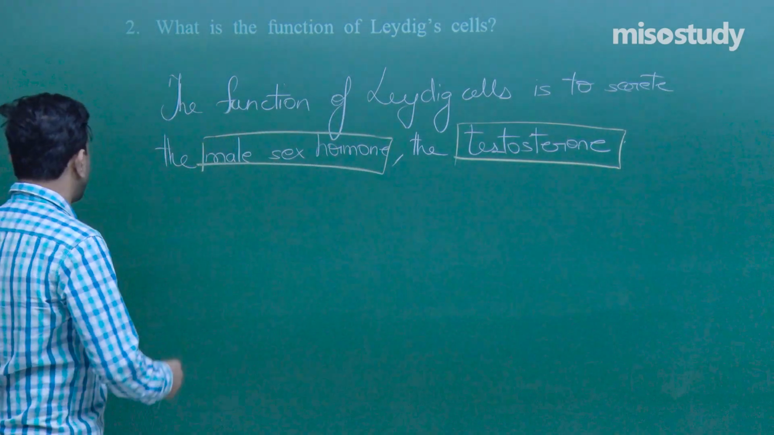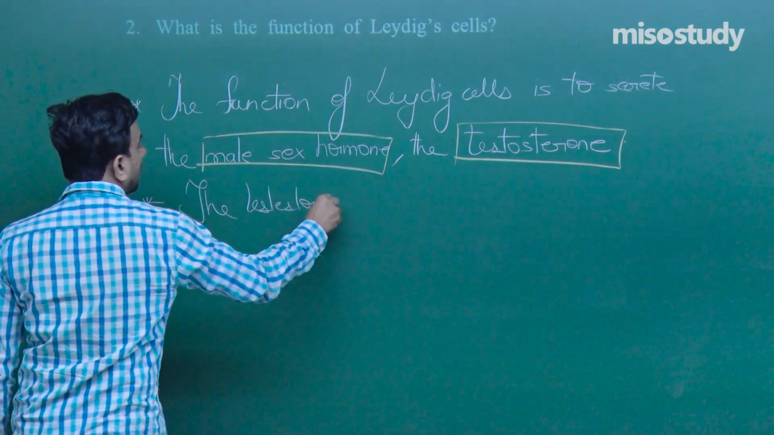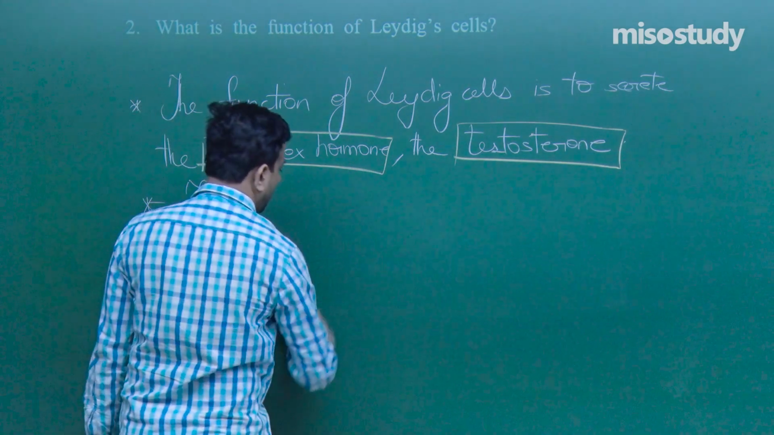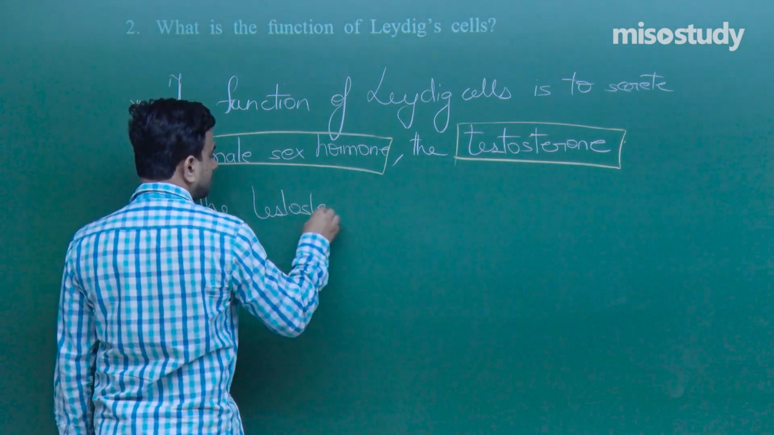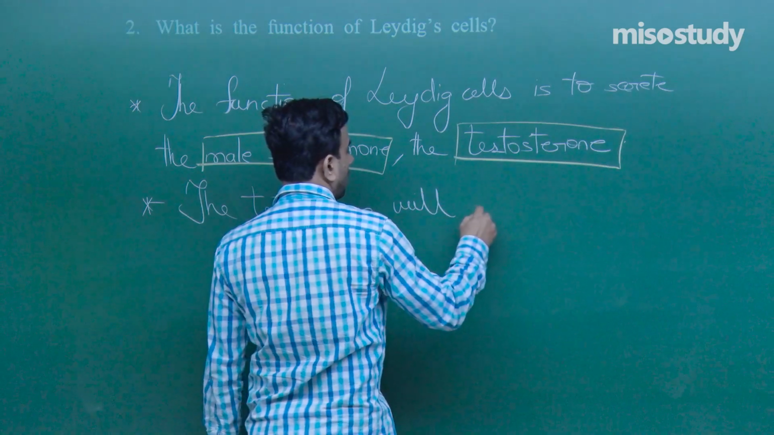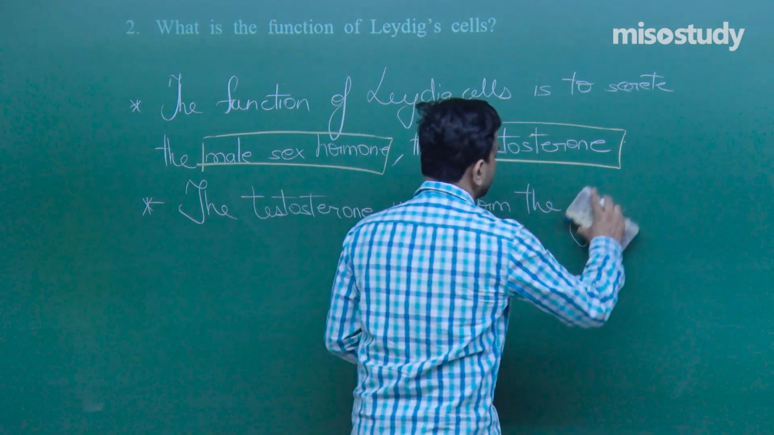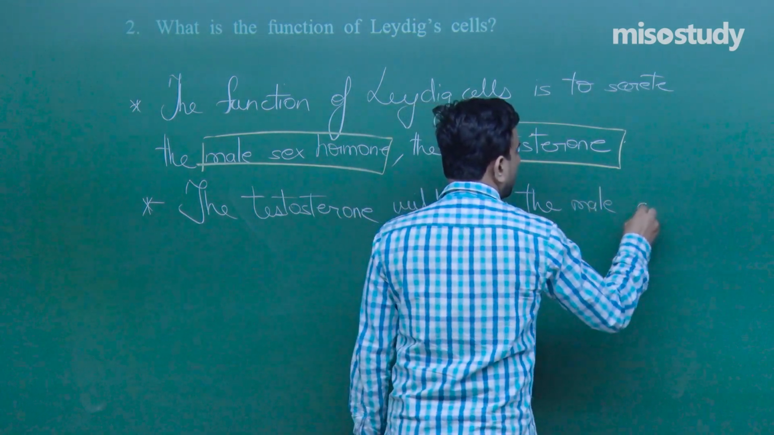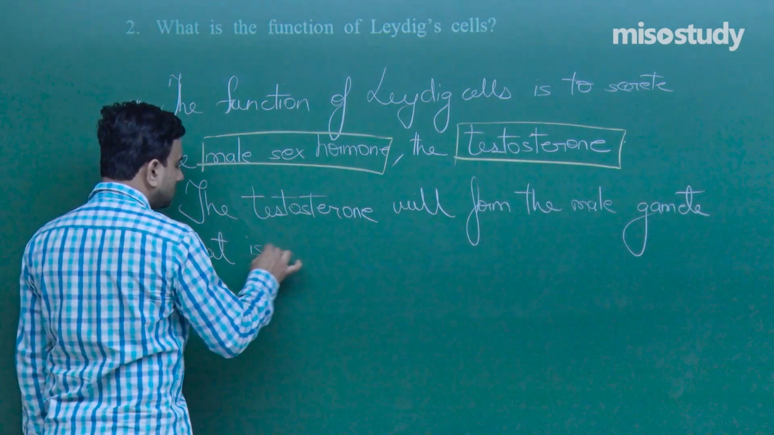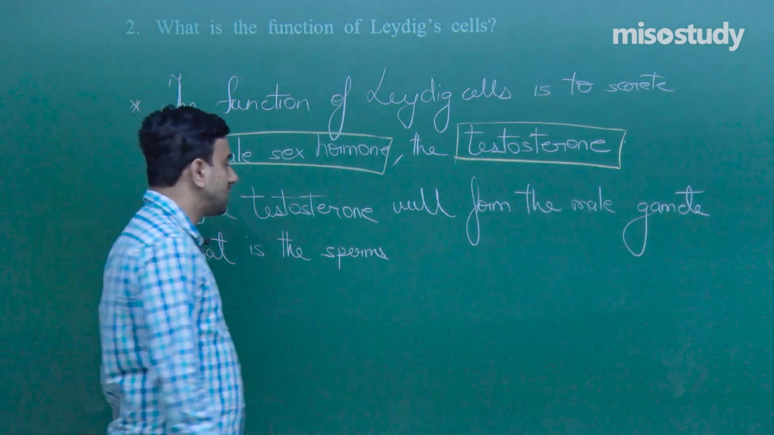And what will this male hormone, the testosterone, do? The testosterone will form the male gamete, that is the sperms, and also